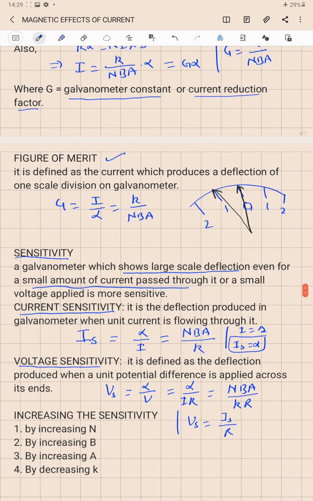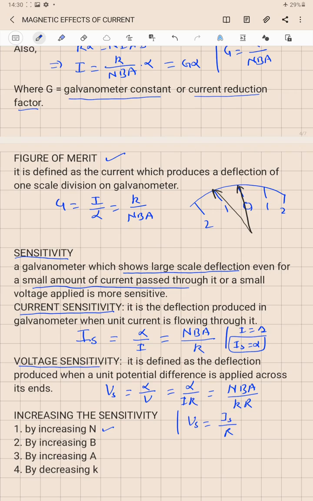So how can you increase the sensitivity of a galvanometer? Four factors affect the sensitivity of a galvanometer. First is the number of turns present in the coil. By increasing the number of turns, we can increase the torque on the coil. This means that even for a small amount of current, due to a greater number of turns, it will produce enough torque to show a large scale deflection. But we cannot arbitrarily increase the number of turns, because if the number